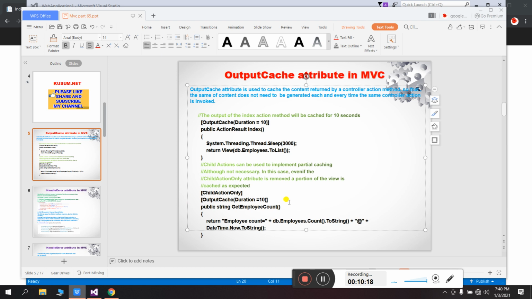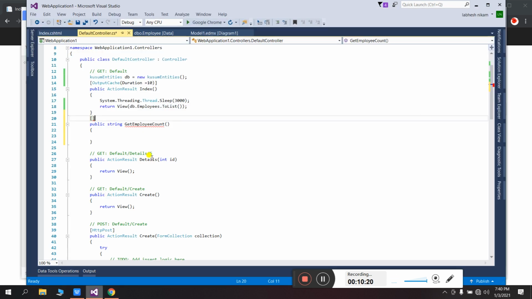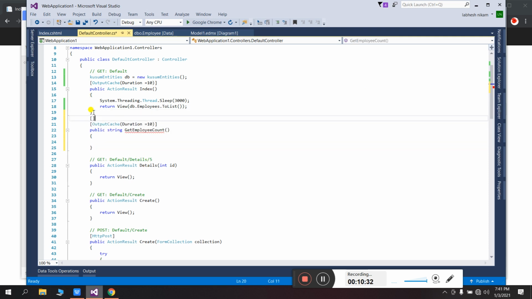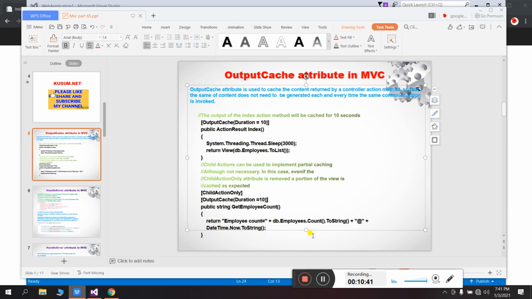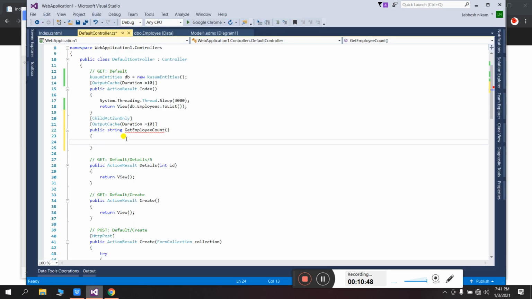Inside of it I will apply the ChildActionOnly attribute, and the OutputCache with duration equal to 10. Okay, and receive the data using this method.